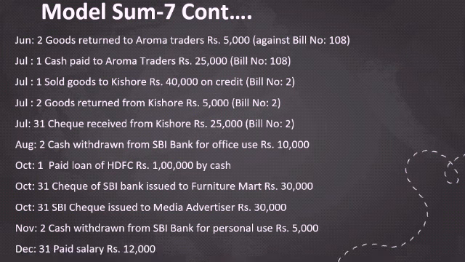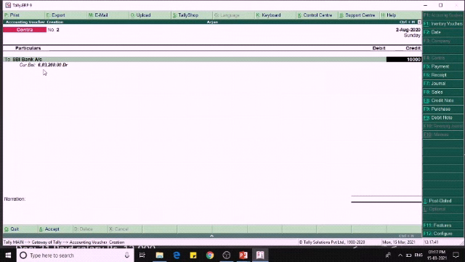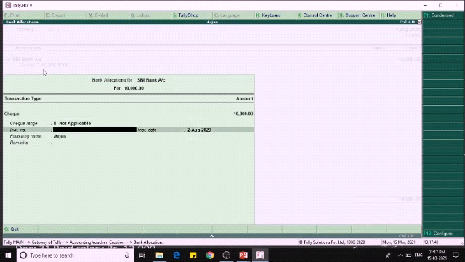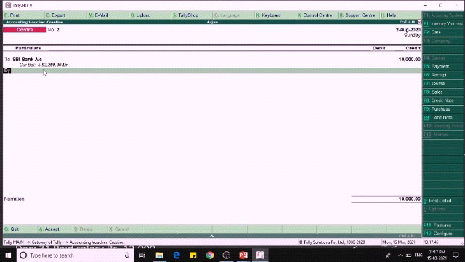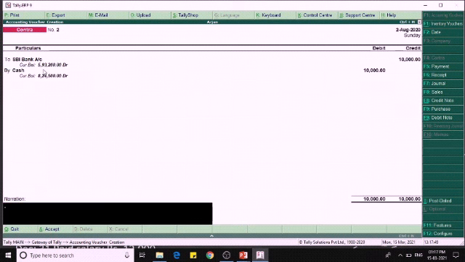What is the amount? 10,000. By cash. We have to debit cash because the cash is coming into the business. Being cash withdraw for office use.